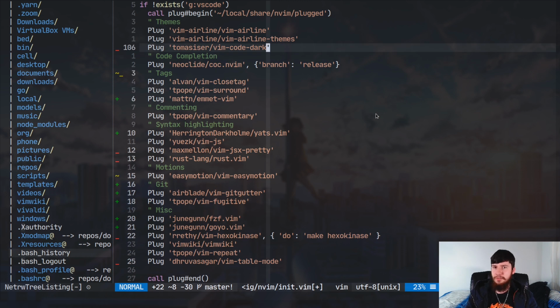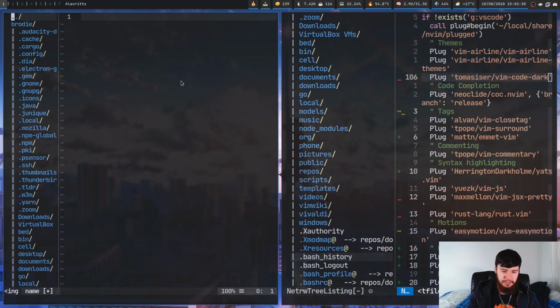Most of them don't do that much, but they are all really useful for what I'm actually doing with my system. So the first one we're going to go over is COC, which adds in code completion. Now, if you don't know what I mean by code completion, let's just go over here and actually create